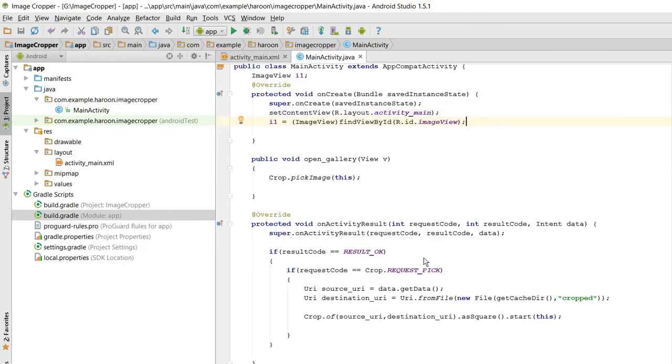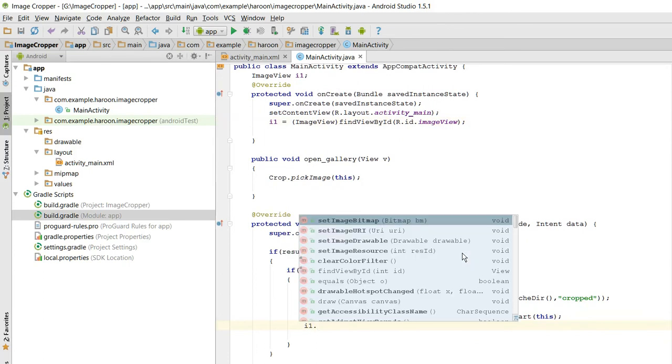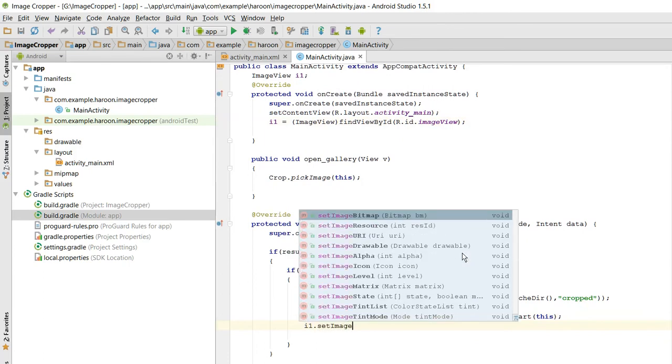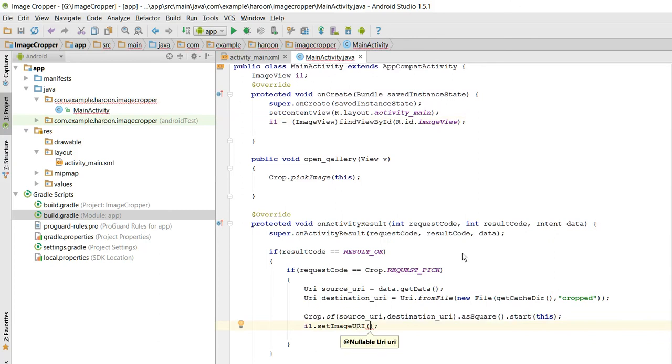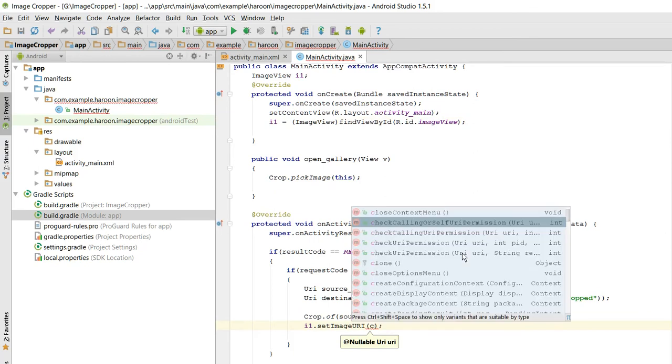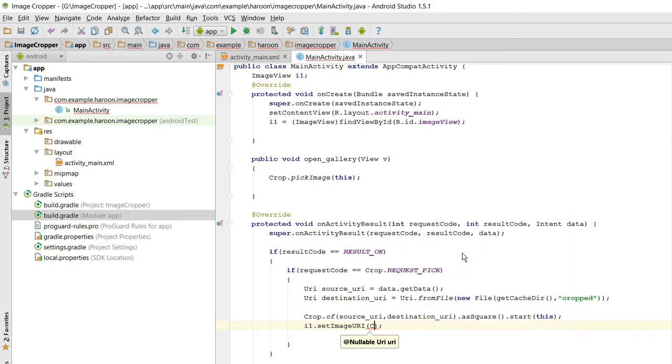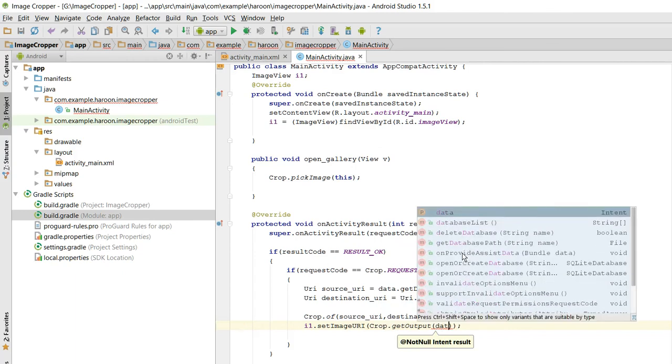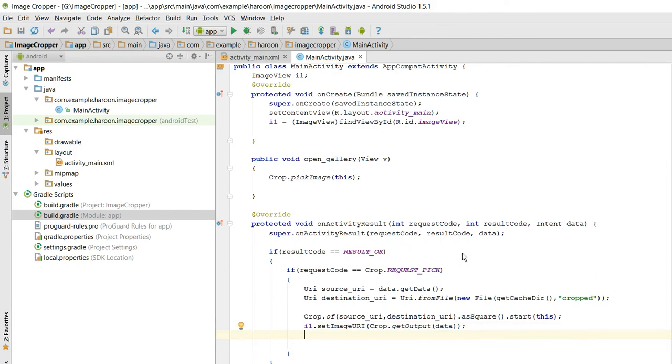So what we need to do is write I1 dot set image URI, and in here what we need to provide is crop dot get output, and in here we need to provide the data. Alright,